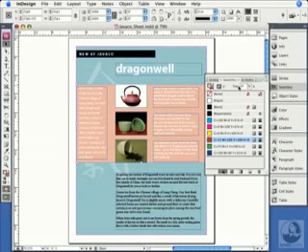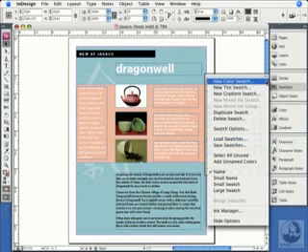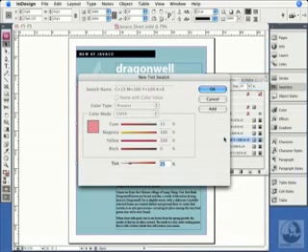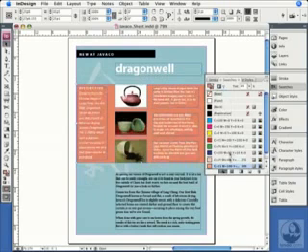First, pick a color in the swatches panel that you base the tint on. Second, go up to the flyout menu and choose New Tint Swatch. The New Tint Swatch dialog box picks up the color that you picked in the swatches panel, and then you can apply the tint to it. Here, because I had already applied a 25% tint, it just pulled it in here for me. I'll go ahead and click Add to add that to my swatches panel, then why don't I make another one, maybe a 50% tint. Now I've got two tint swatches based on that same red color.